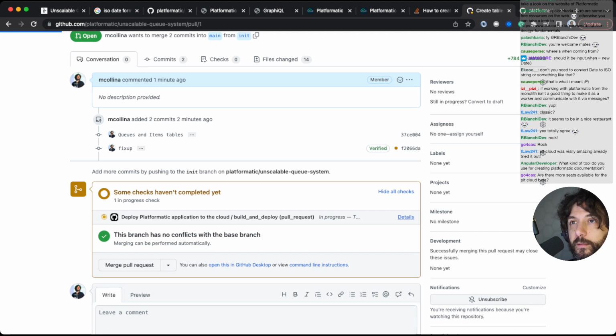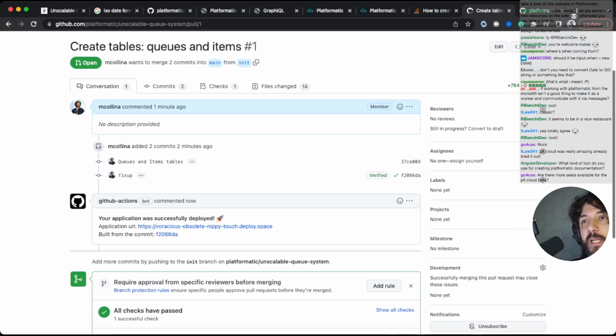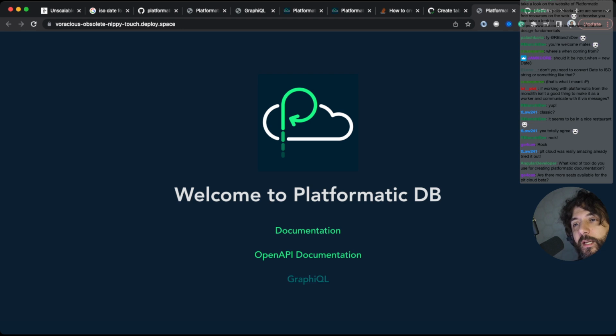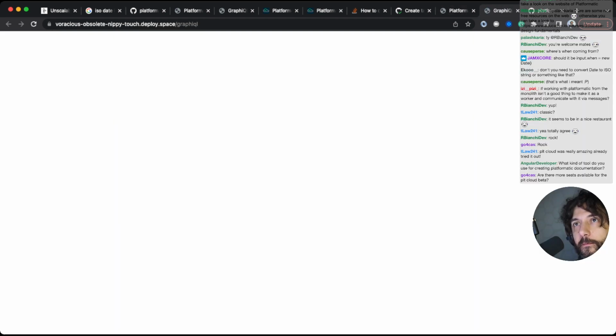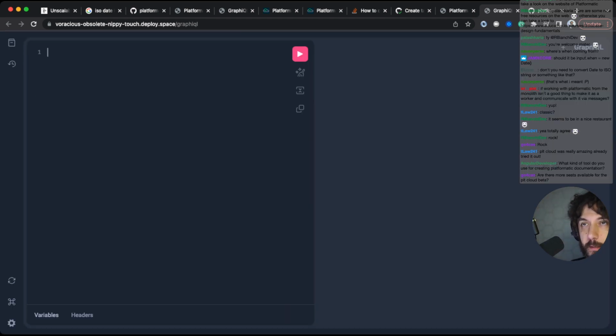This is running. Hopefully it is. It's running. Oh, it's done. Haha. So we have it now deployed. Let's see. I can go to GraphiQL, and so it's a query, and we can go and ask for our queues.